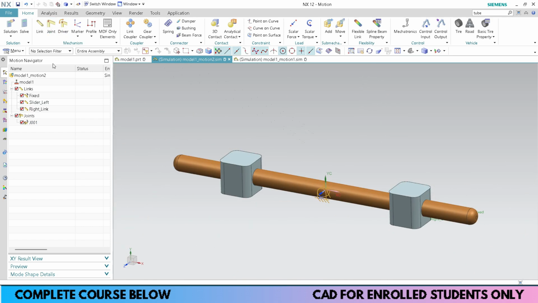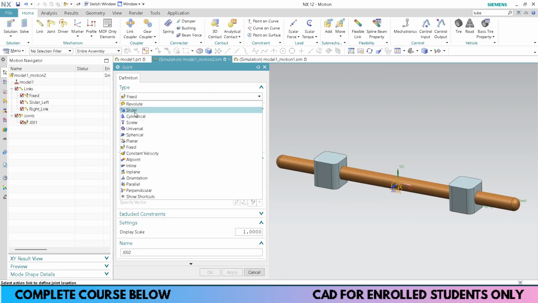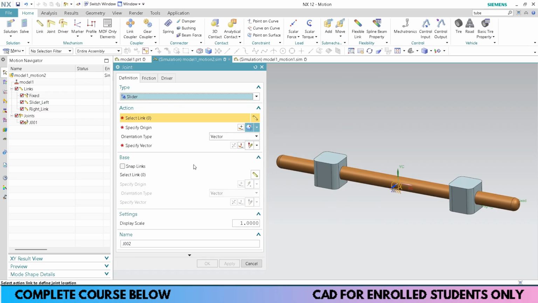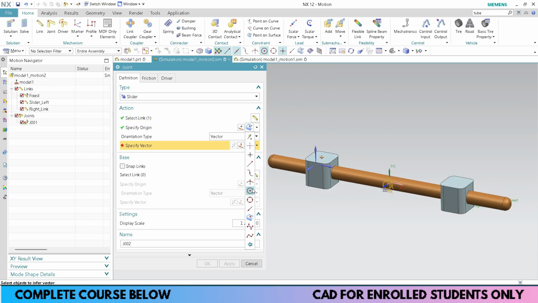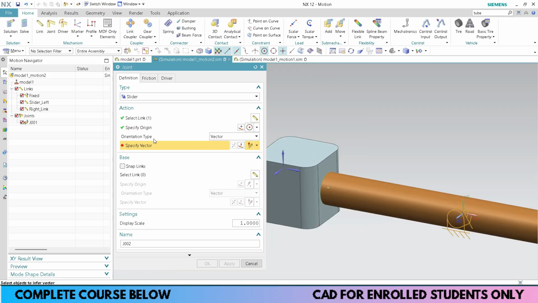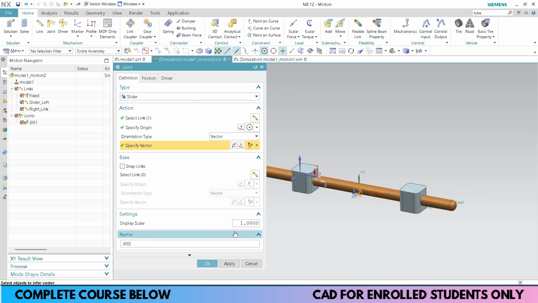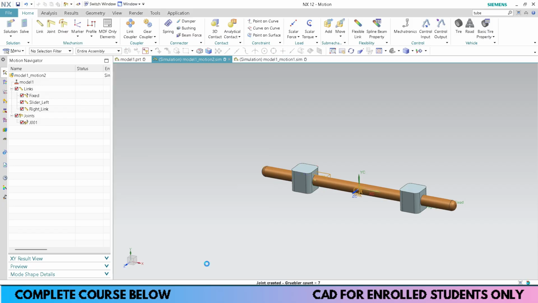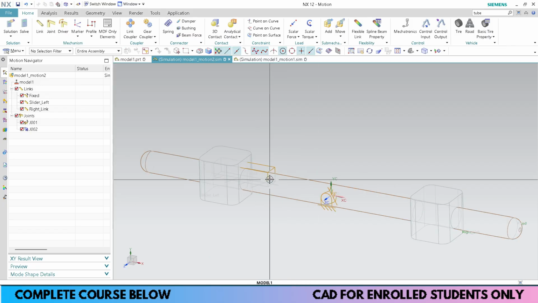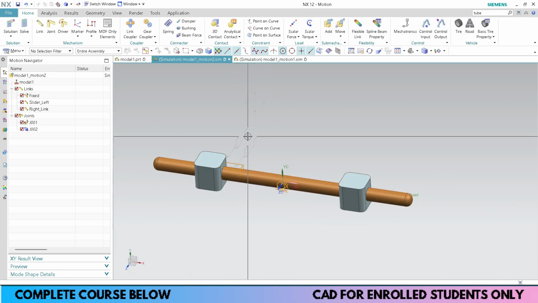Okay. Now moving forward, I have to create two more joints. For that, go to joint. Now for this slider, it would be a slider joint because it would be having 1 degree of freedom in this direction. So select this link and the origin would be the exact center of this body on this face, and this is the direction because I want this to slide in this direction first, and give this as 1.5. Press OK. You can see in the wireframe that a slider joint has been created, but it doesn't have any error now, right? Because I have not applied the driver yet.